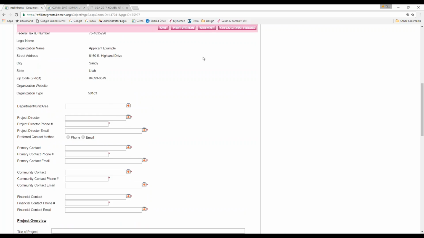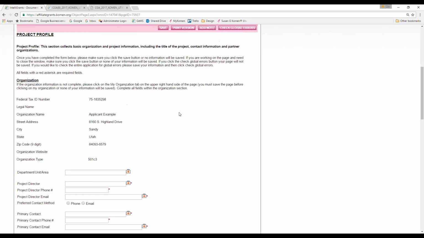We don't really typically use the note system. Again, most of the communication is done through email. But if you wanted to check errors within the entire application, you can click here and it'll tell you which pages are missing information. So you'll see this, your tax ID auto-populates from your organization page as well as the